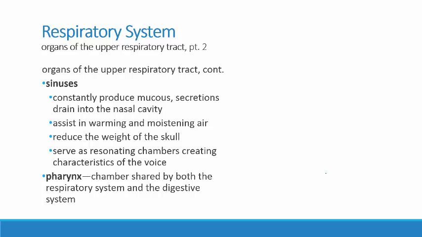So as air is breathed in through the nostrils, it goes through the nasal cavities, goes past the sinuses, and then down toward the pharynx. And if you remember from the digestive system, the pharynx is the cavity, the shared chamber that is used both by the digestive system and by the respiratory system. All right, so that's the upper